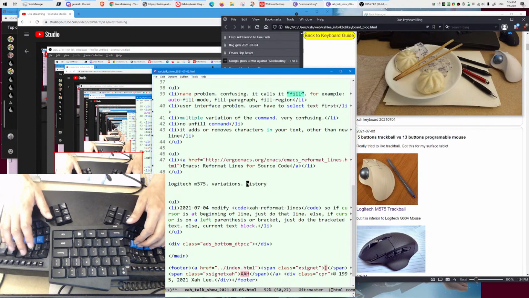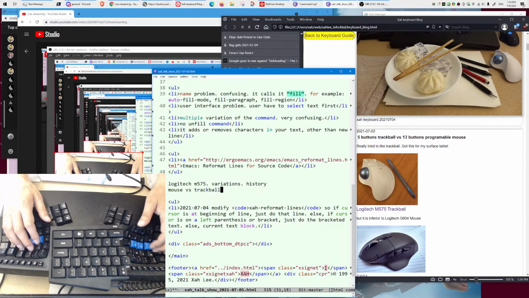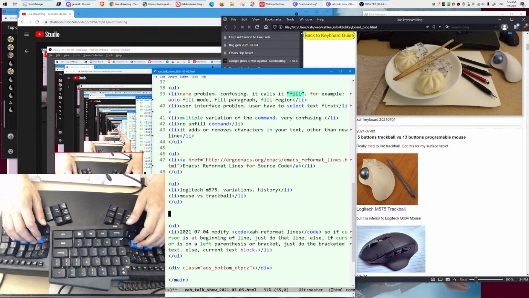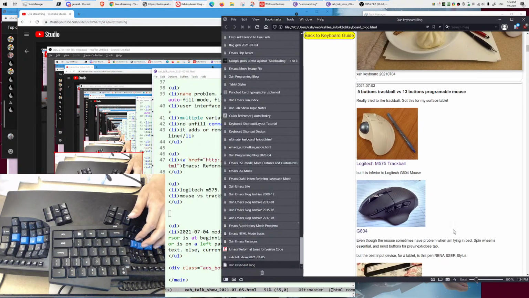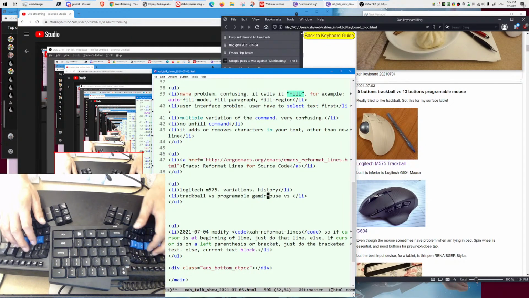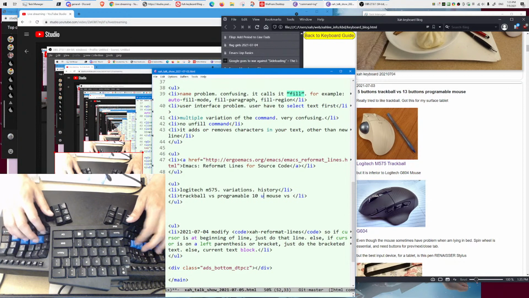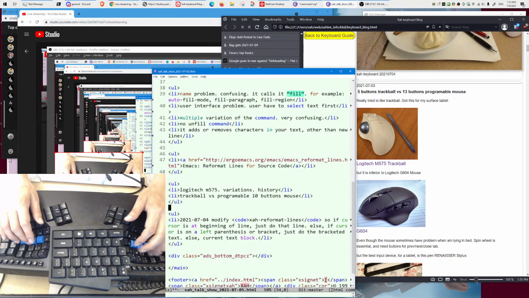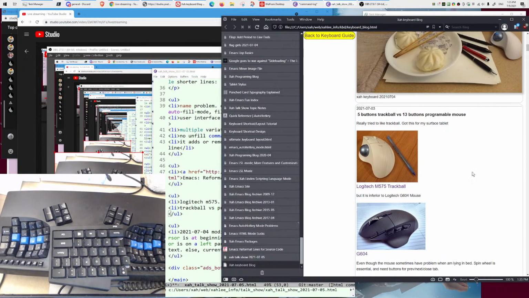Then I want to say, okay, mouse versus trackball. Then this trackball. So this is actually not mouse versus trackball, but actually trackball versus programmable 10 buttons mouse. That's a big difference. Okay. So anyway, this Logitech,